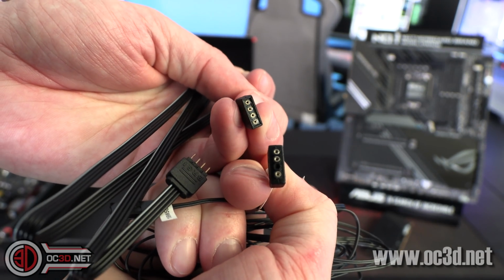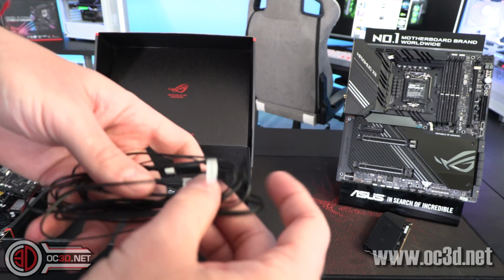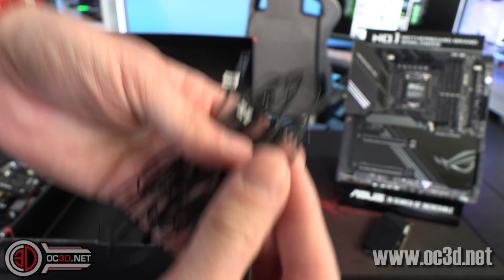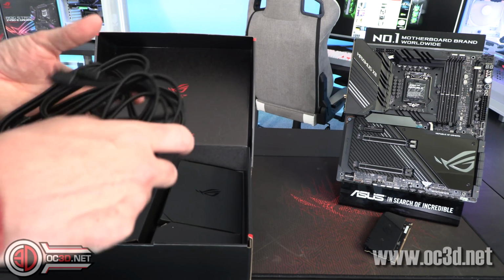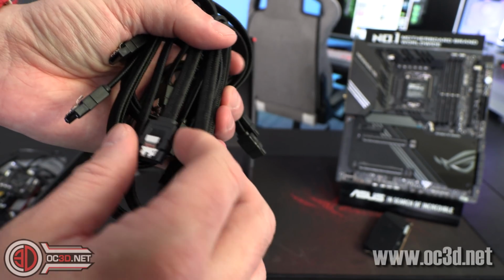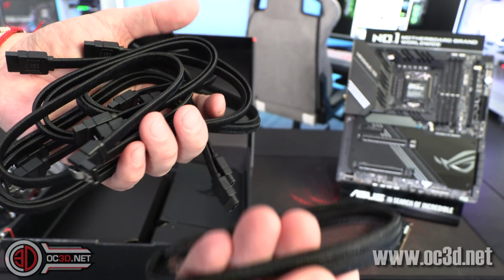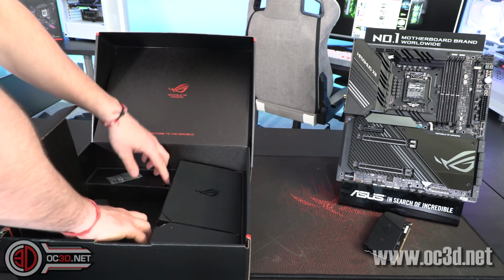3 pins is addressable, 4-pin is normal RGB, or RGB and ARGB. Then you do get your 3 thermal probes. I could zoom you in much more, but you know what a thermal probe looks like, don't you, boys and girls? And then you do get 8 in total SATA cables, and they're all black and they are all braided as well. So they're moving away from the normal plasticky, rubbery ones. You're actually getting decent SATA braided cables in the boxes with these now, which is a nice touch,